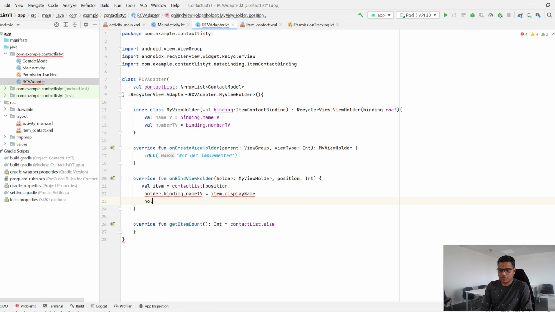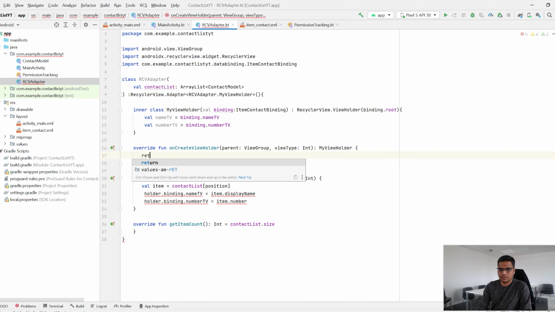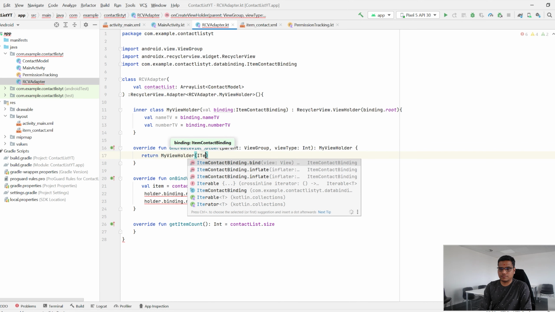Same way, holder dot binding dot number TV equals to item dot number. And in on create view holder, we can just simply return my view holder, and inside that item contact binding